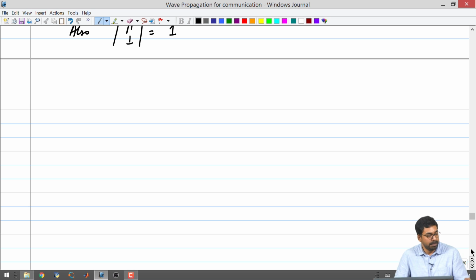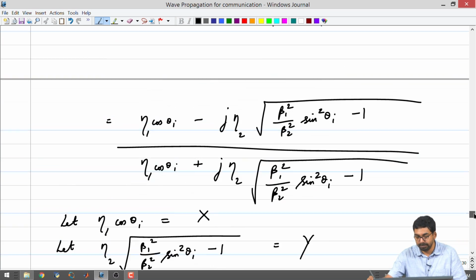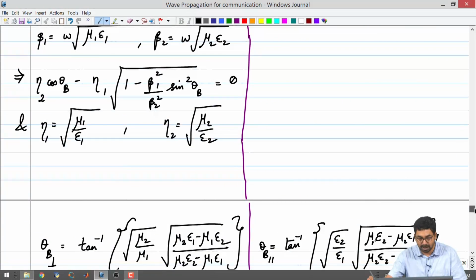In many of the problems, you may have some polarization which is neither parallel nor perpendicular. In those cases, you will have to project your electric field into the plane, take the in-plane component, and then out of plane and take the out-of-plane component, and then find out gamma parallel, gamma perpendicular. So, in a given problem you may end up using both the polarizations to figure out what is the net effect.